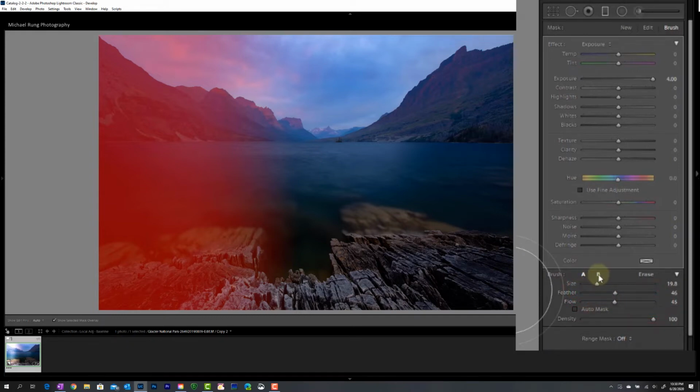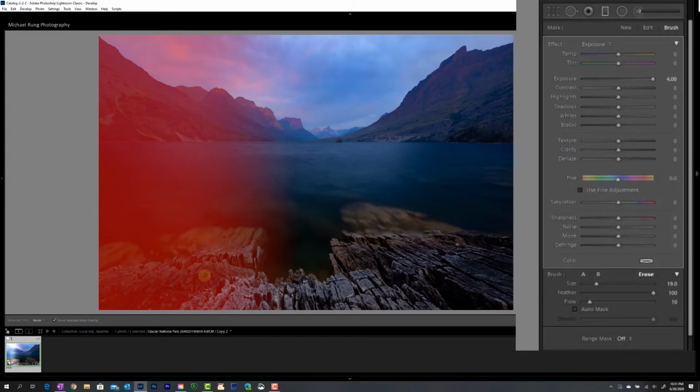Now if I click over to B, you'll see that those sliders have changed and my brush size has changed. But the key here is it also gives you the ability to erase from within this adjustment. So you're not stuck with just what's on the screen here. You can actually come in here and erase out parts of this. So if I wanted this nice gradient applying from left to right just in my water, I can come in here and simply start deleting out